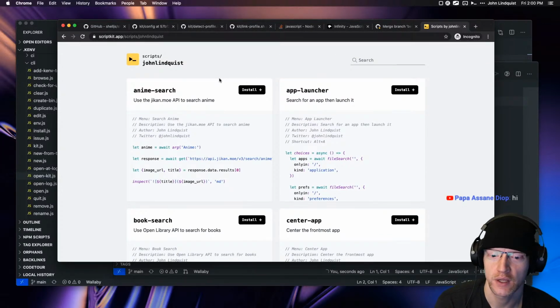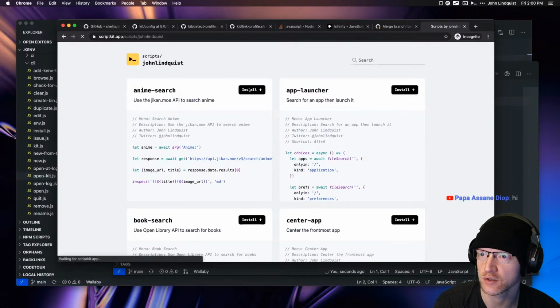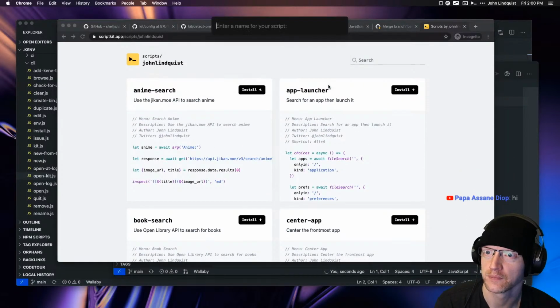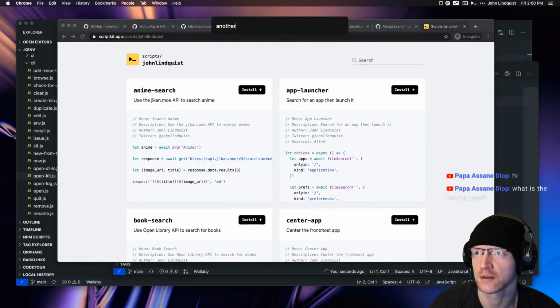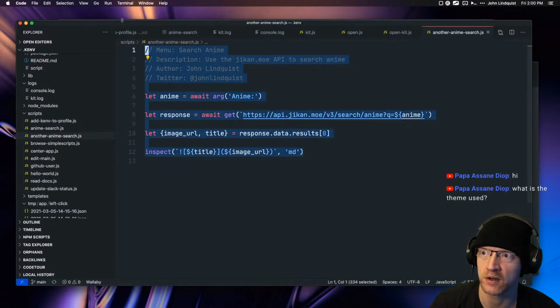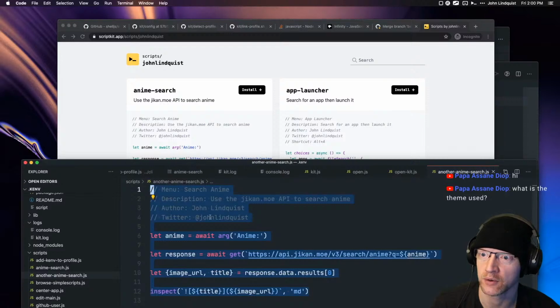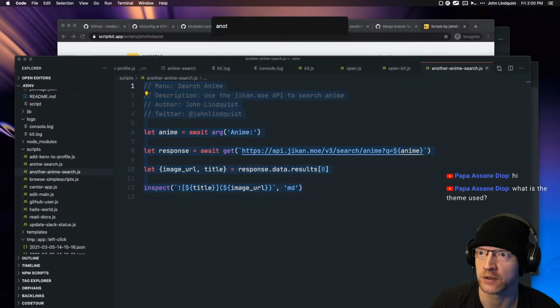But hello, the way these scripts work, like if I want to do an anime search, I can click on that. Oh, I already have anime search installed, so it's asking me for a different name. Another anime search. And you can see it grabbed the content of that script and pulled it down into my project. So now I have another,